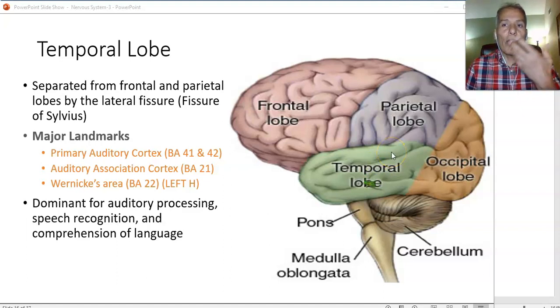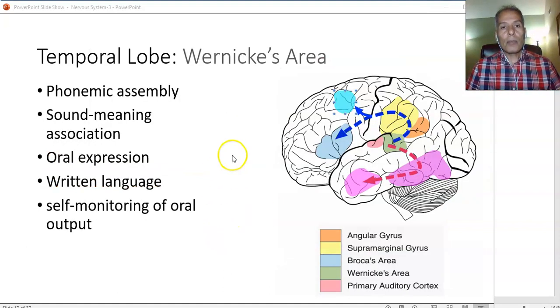So whether you are speaking or you are comprehending silently, the verbal expression areas have to work with the comprehension areas. So Wernicke's area, again, lies in the posterior segment of the superior temporal gyrus,